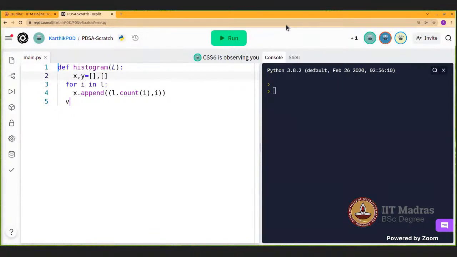Then we store a variable and sort our output. And to remove the duplicates, we use the set property of Python. Then we iterate through the v variable and